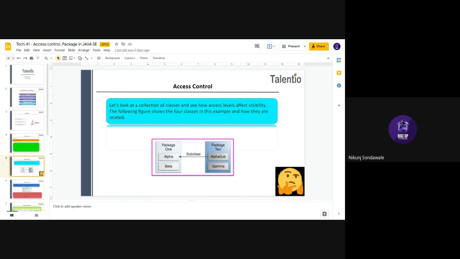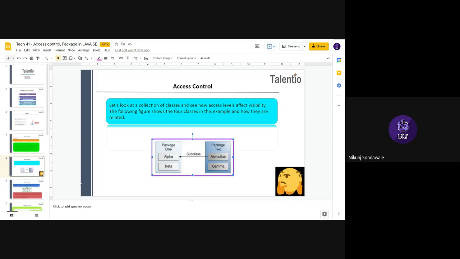But you see, this alpha sub is a subclass of alpha. You know, subclass means child class, right? Subclass means child class or any other class which is implementing alpha. So this alpha class is considered a parent class, and this alpha sub class is a child class.